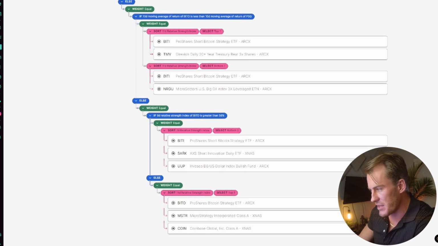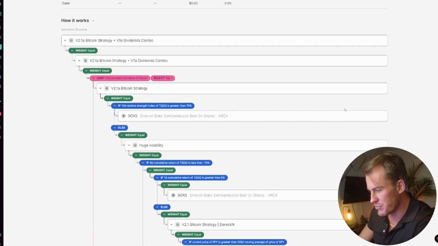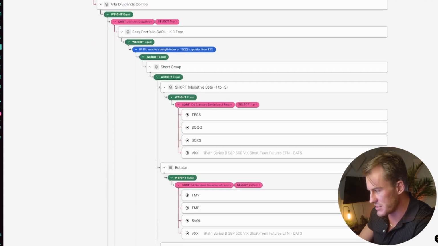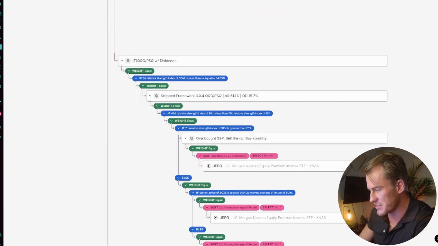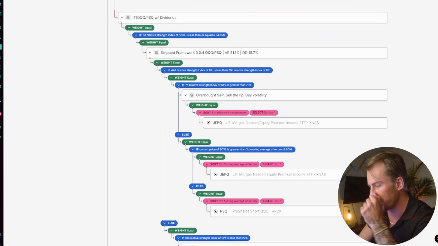It's a little complicated, but we'll take a look at it. This is another one, very similar. It's got a pretty smooth equity curve. Very complicated, though, because this is way too big. I'm going to skip that because 100% not all of these branches have fired. So I don't trust any strategy that has a bunch of branches because there's just a good chance that it